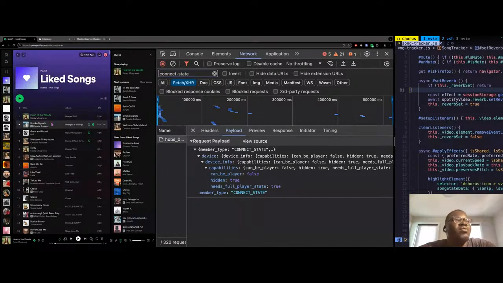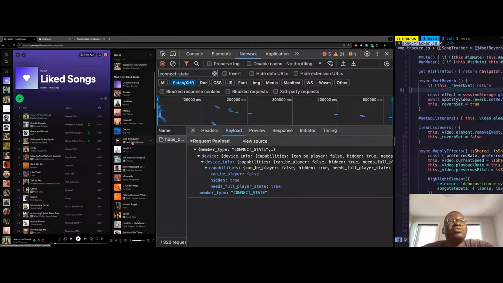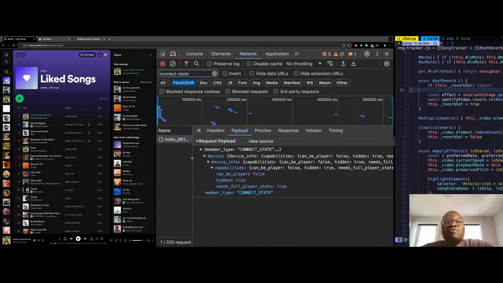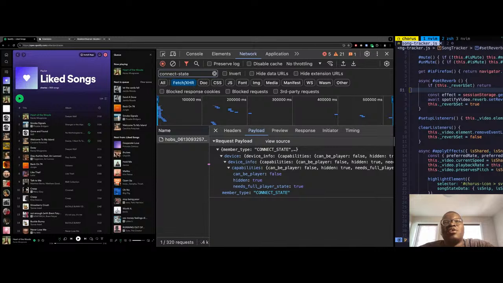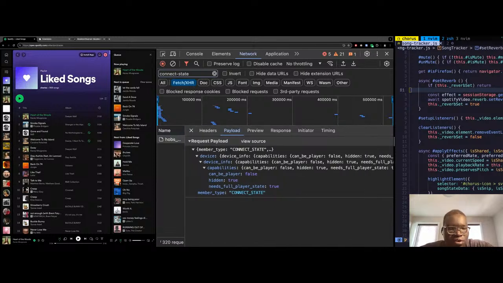But it's not like we're making a request all the time. When the song changes, we can just check this list first, see if there's any blocked songs first, and then we can make this request. So it's not making a request every song change. It might just be a while before we need to, which is not as intensive. All right, so